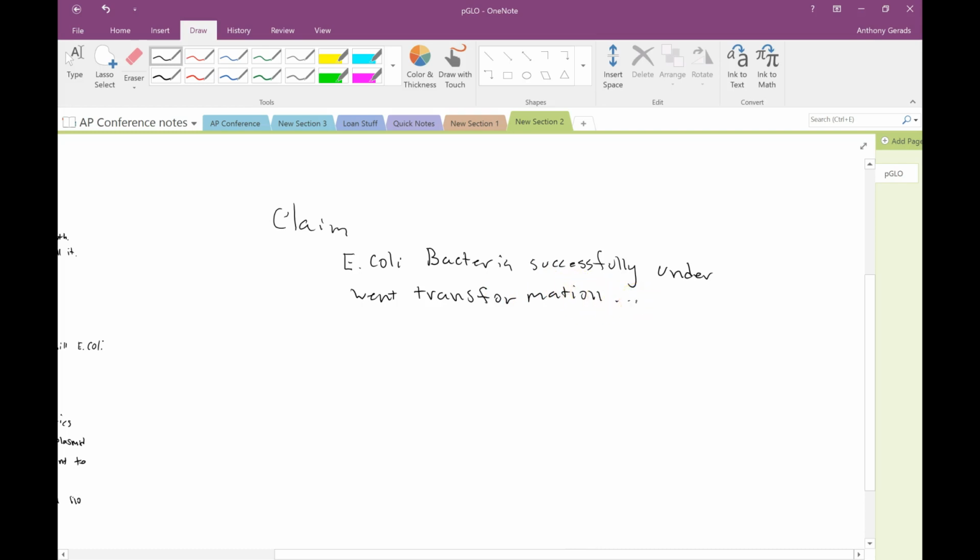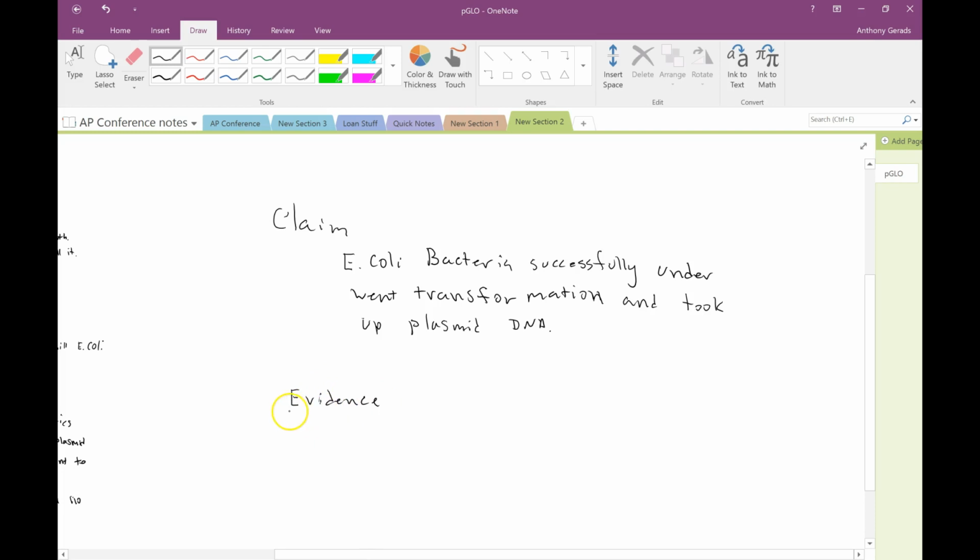Okay, E. coli bacteria successfully underwent transformation. And we could even add to that, and we could say underwent transformation and took up plasmid DNA. Okay. For evidence, though,